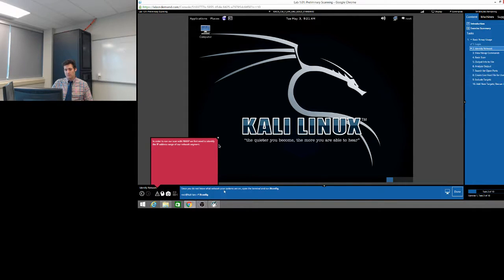Since you do not know what network your systems are on, open the terminal and run ifconfig. We give you the command right here, and right here we also have a little alert that pops up. In order to run our scan with Nmap, we first need to identify the IP address range of our network segment. We also give you, so that was an alert, here are a few hints, a little context. After running the ifconfig command, we can see that the network is a